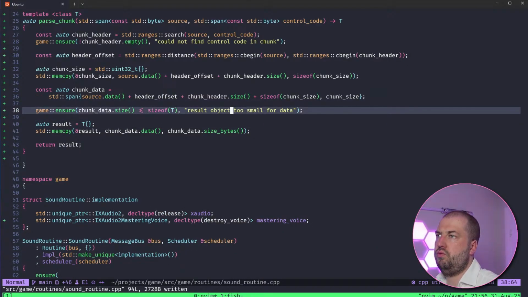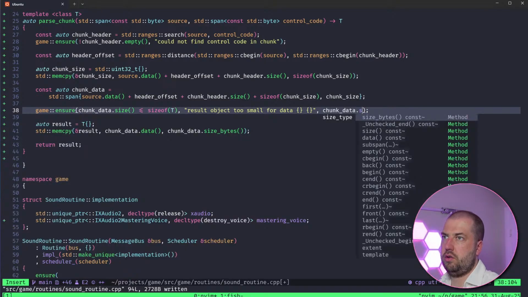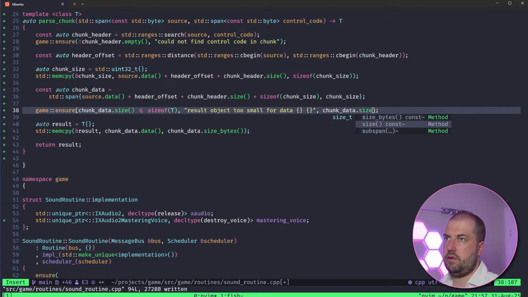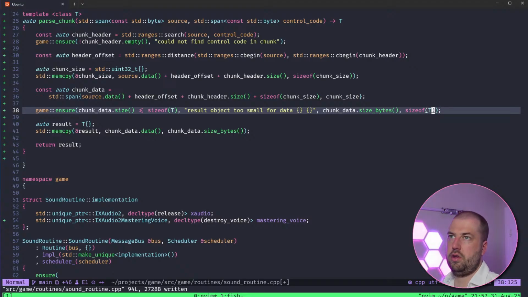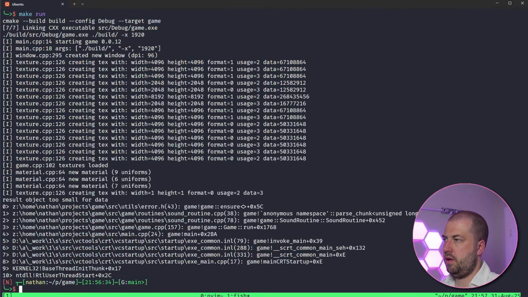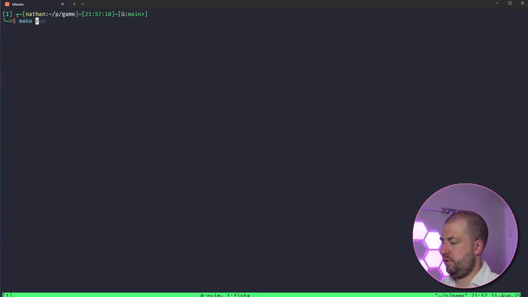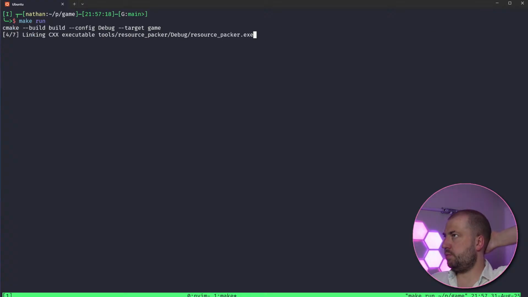Chunk data dot size, bytes, size of T. Indeed, object too small.